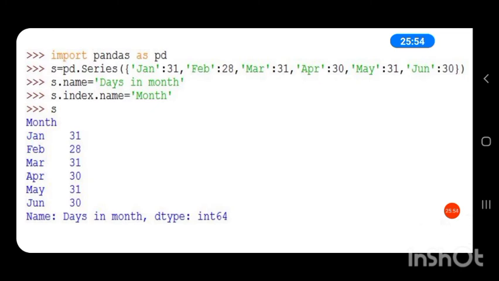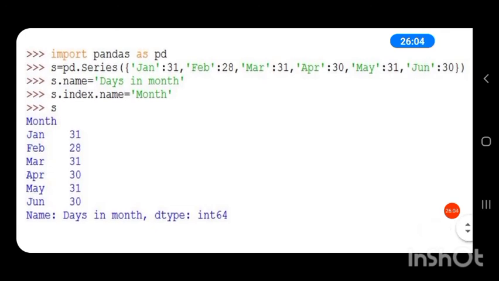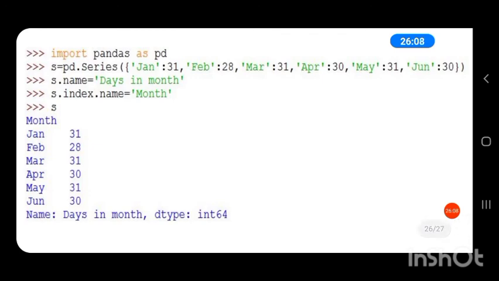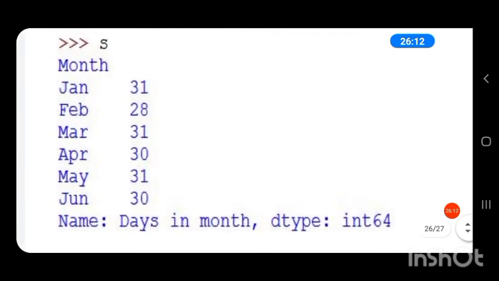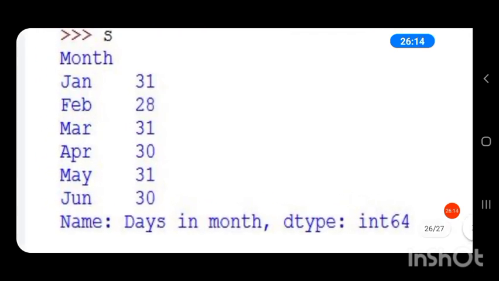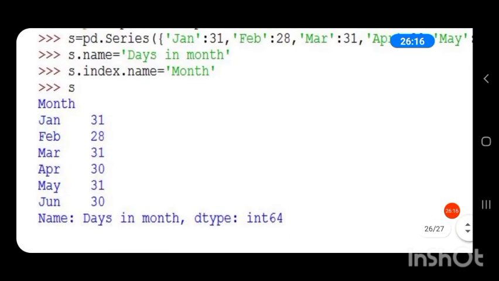So that can be given as series dot name. Here our series name is S, so we can name it as S dot name equal to, in single quotes, days in month. Then here we can give the index also names. You can see here the index is also given a name called month.